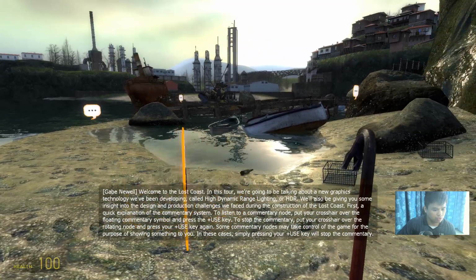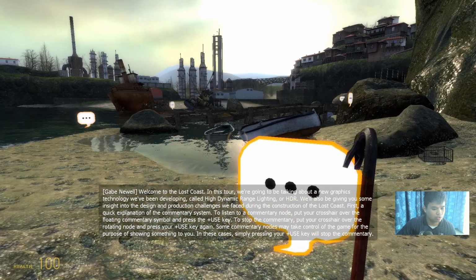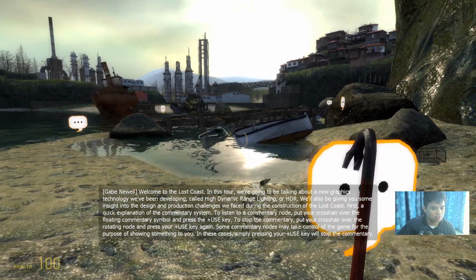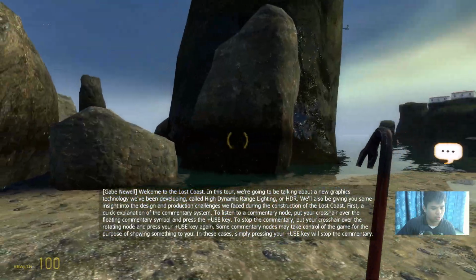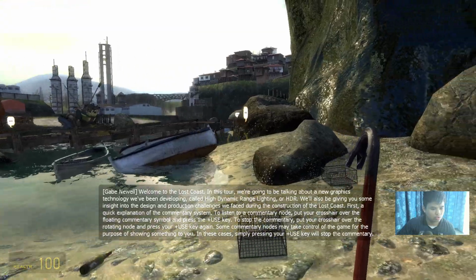Hi, this is Gabe Newell and welcome to the Lost Coast. In this tour, we're going to be talking about a new graphics technology we've been developing called High Dynamic Range, or HDR. We'll also be giving you some insight into the design and production challenges we faced during the construction